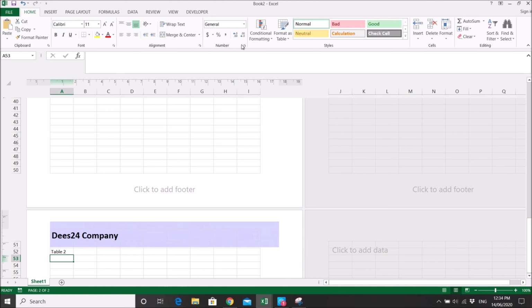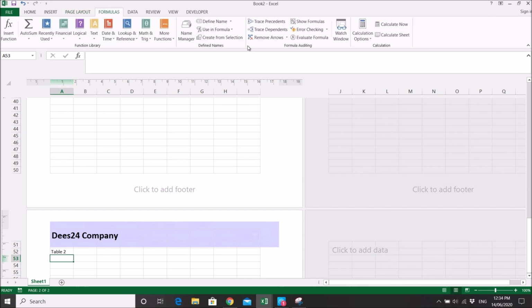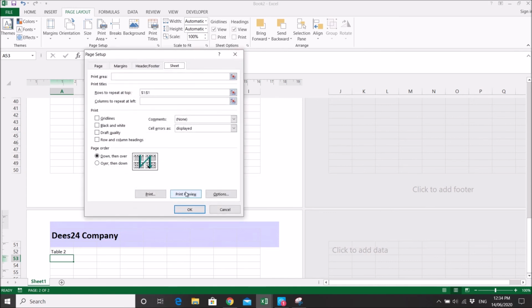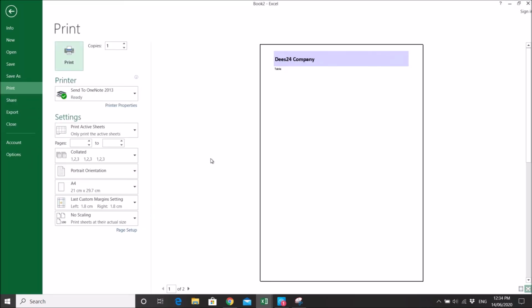So you can print preview. Print preview. All right, you can see the wording is now behind the